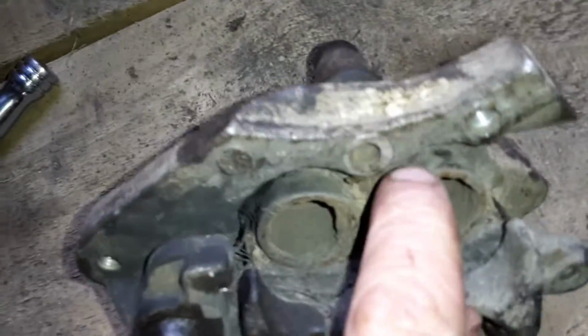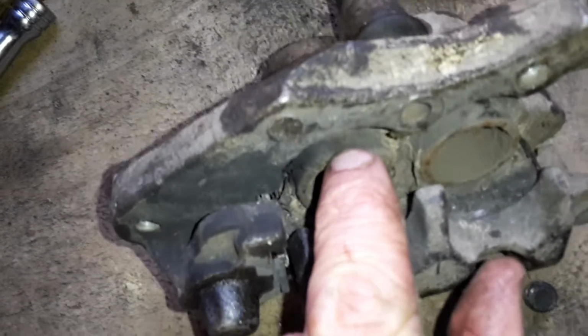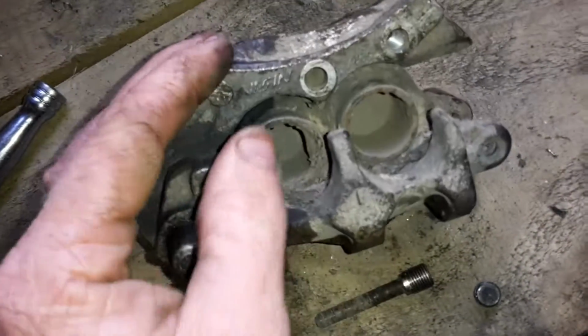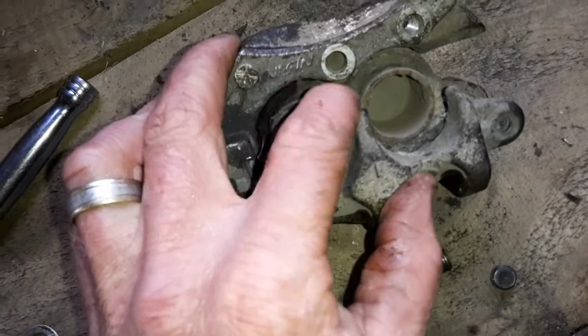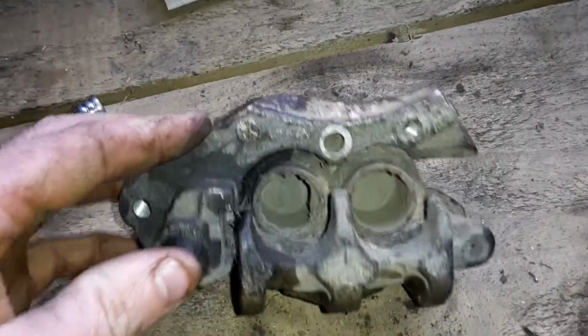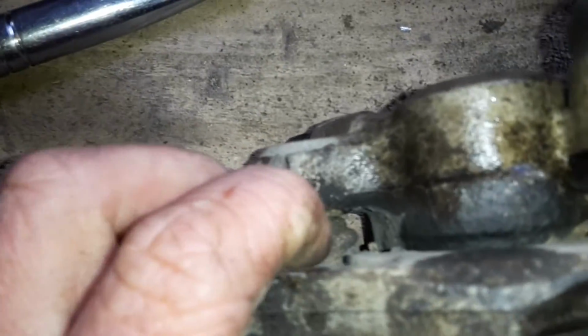Those there are the pistons. They slide in and out, and as you can see, they've got a lot of corrosion on that surface, and to put new pads in, I'm going to have to slide them in quite a way. So what I'm going to do is push them both out by hooking them back onto the bike, pump them back out, give them a clean up, and then slide them back in without damaging the seals in there, I hope. If all that fails, well, I'll get a professional to do it, but I think that's what's wrong with it. And I also need to probably put a bit of grease on these slides to help it, because